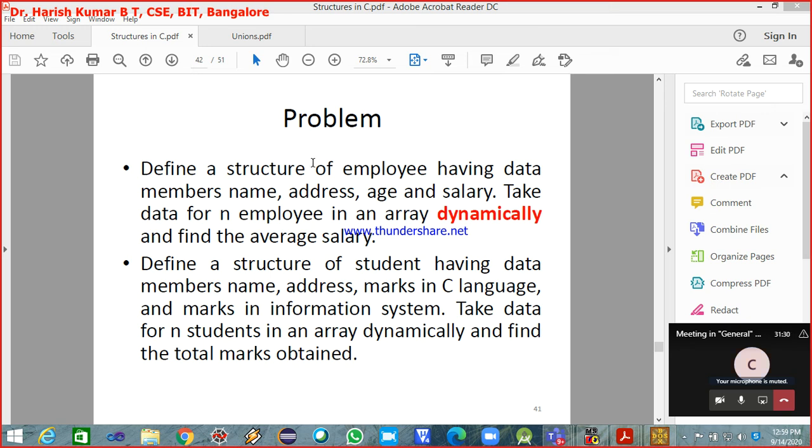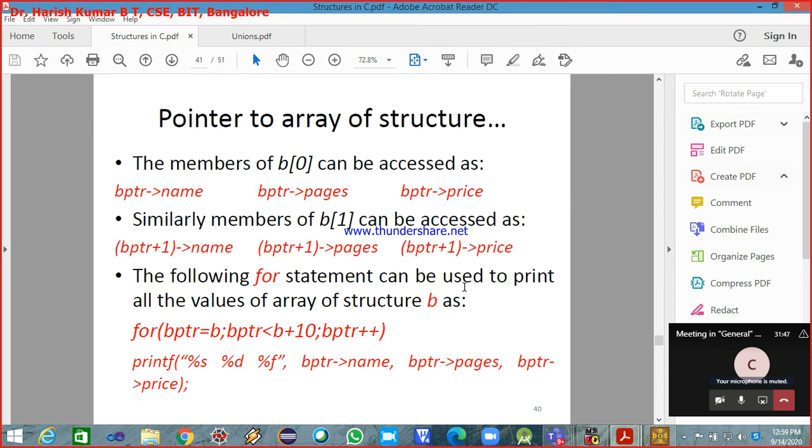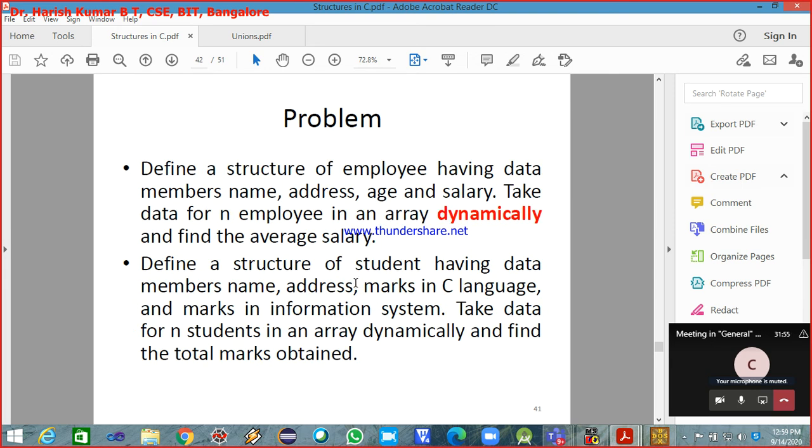For your reference, just take a photo of these two problem statements. I'll go back and show you how to use the for loop in order to access the members using the pointers. I hope all of you have taken the photo of this, using a cell phone.